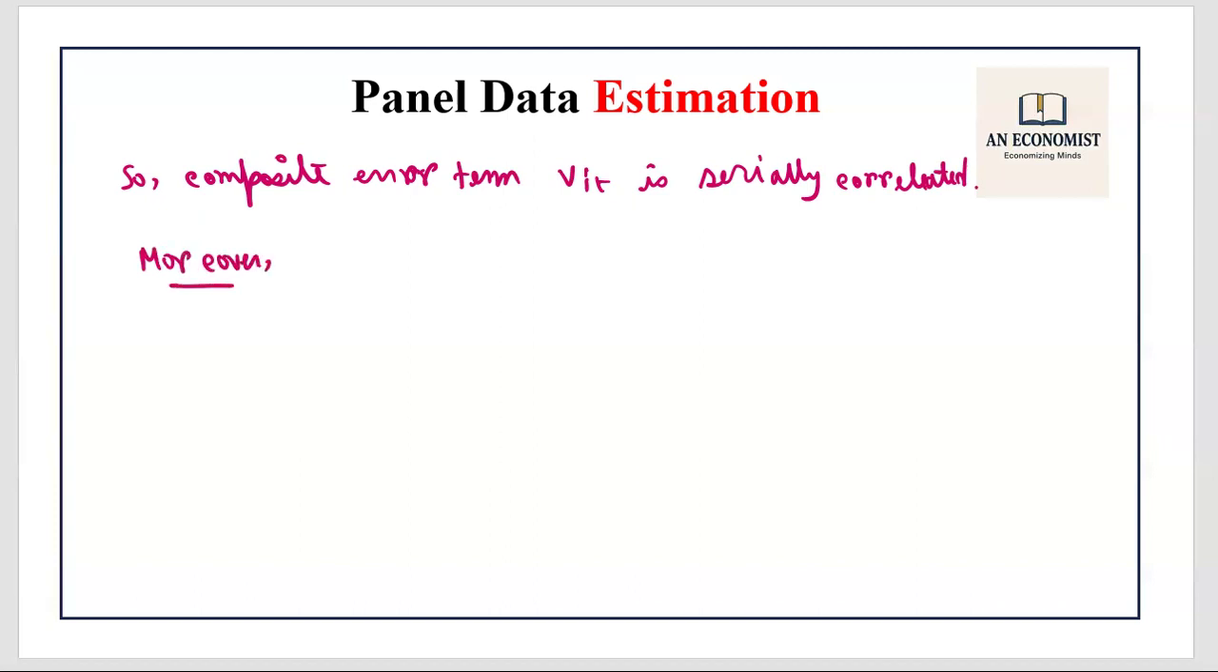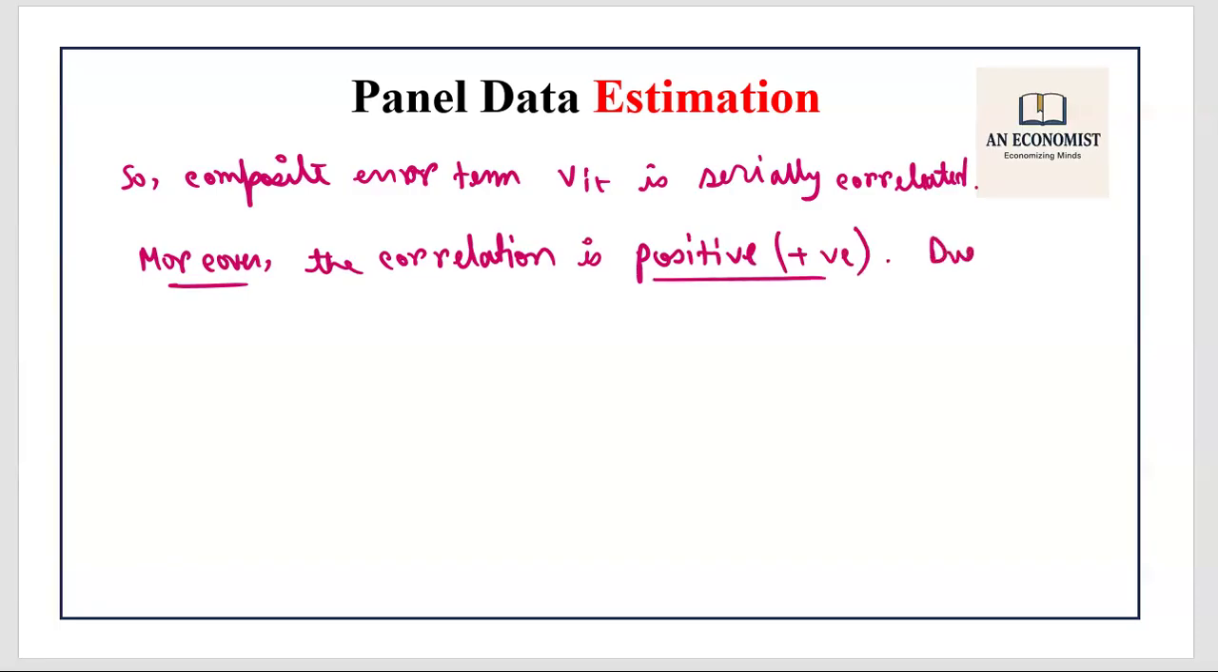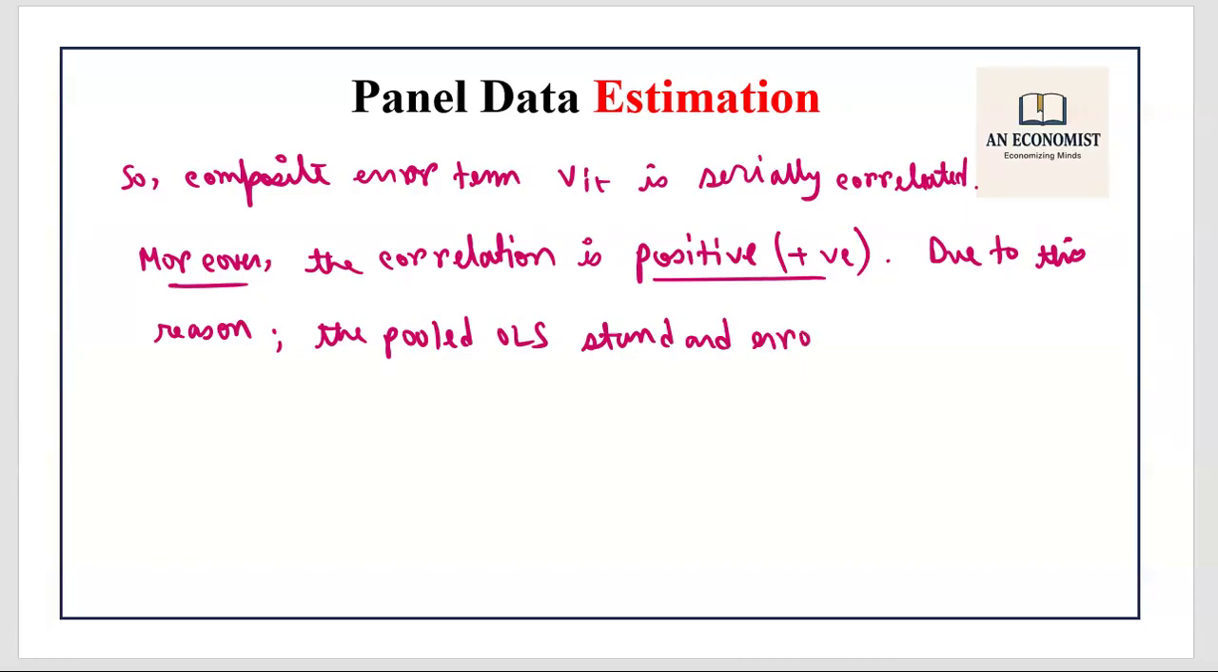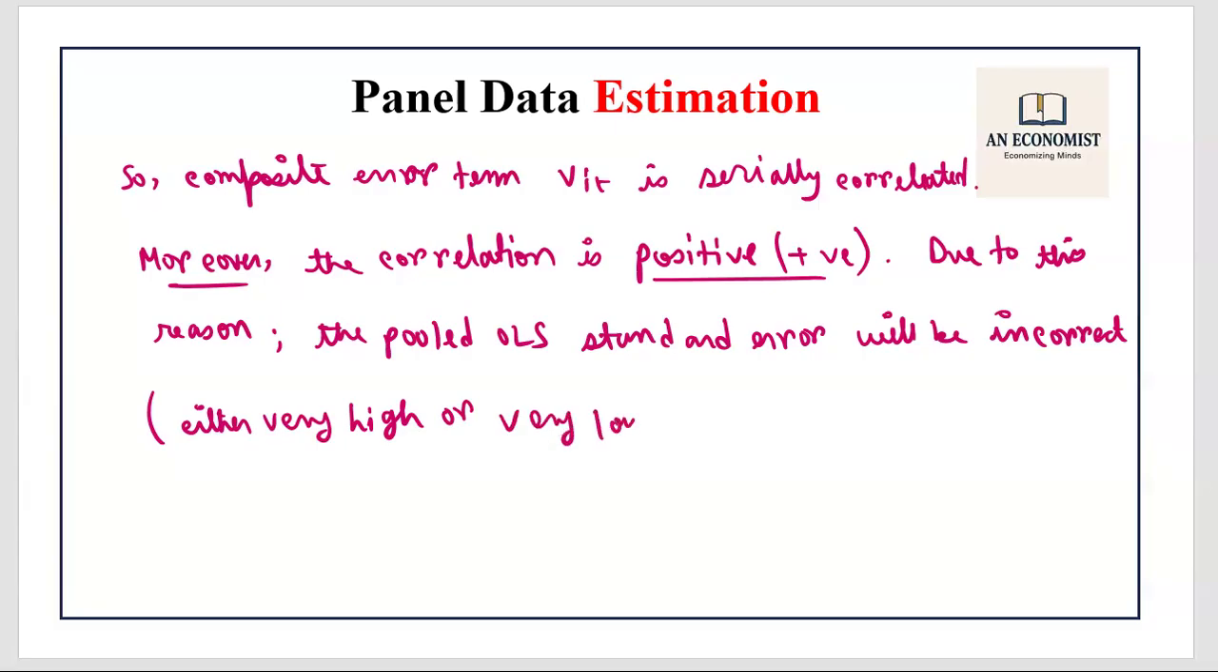Moreover, the correlation is positive, right? Correlation is positive. Due to this reason, the pooled OLS standard error will be incorrectly estimated. Either it will be very high or it will be very low. So either it will be overestimated or it will be underestimated, and as a result,